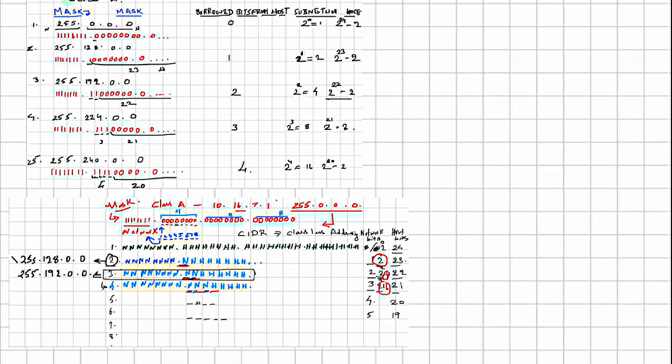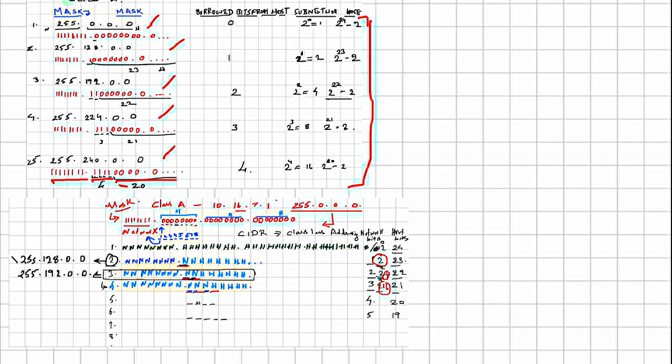We have seen here in class A addresses all the subnets possible within this range. 255.0.0.0 is the default subnet. From there on, 255.128, next 192, 224, we keep on increasing the subnet values, as I showed here, by adding binary 1s and increasing, and we have seen how these subnets have been increased.